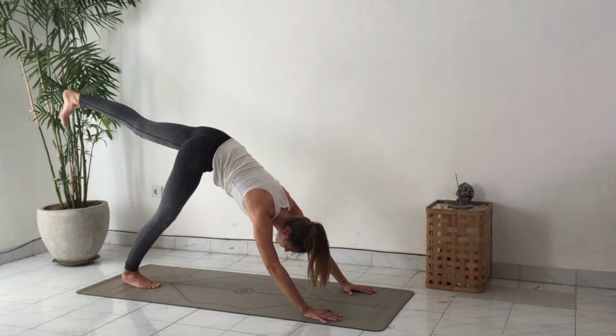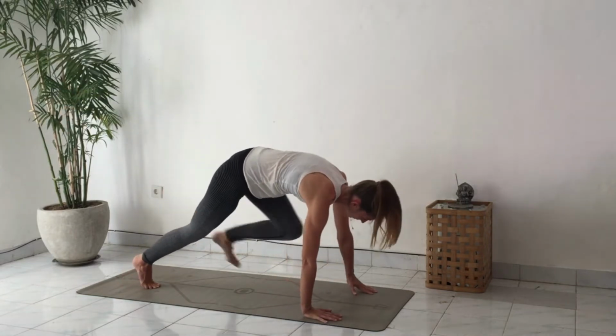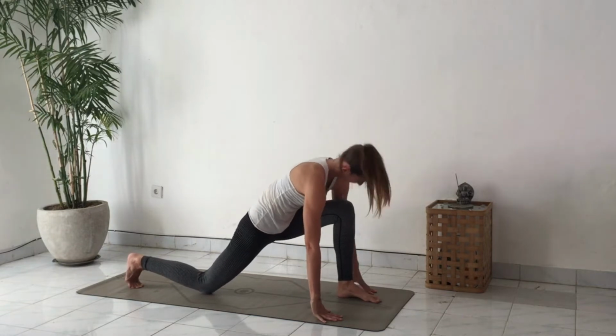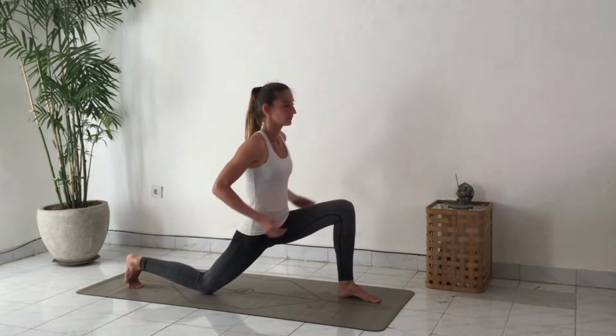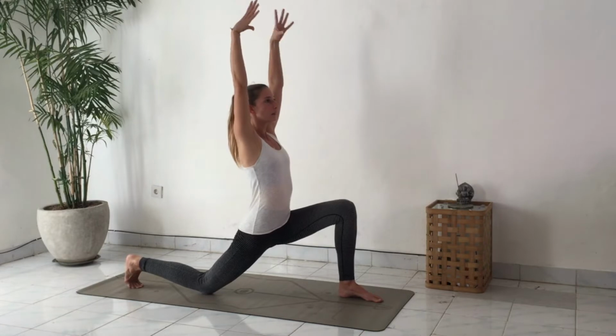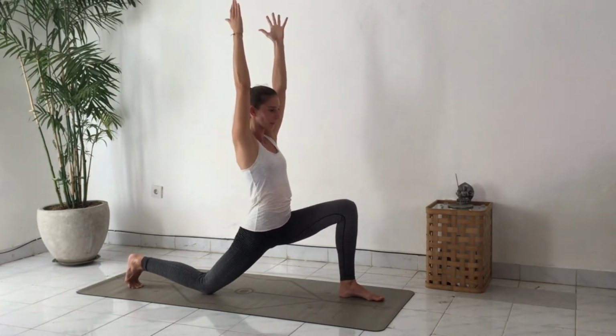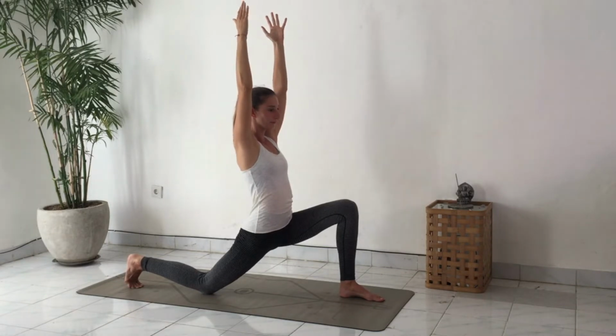On your next inhale, step your left foot forward, lower your back knee down and come up to a low lunge. Take a deep inhale here, sinking into your lift, feel the opening of the right hip flexor. Inhale slowly